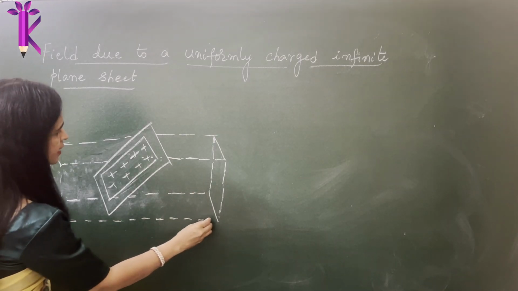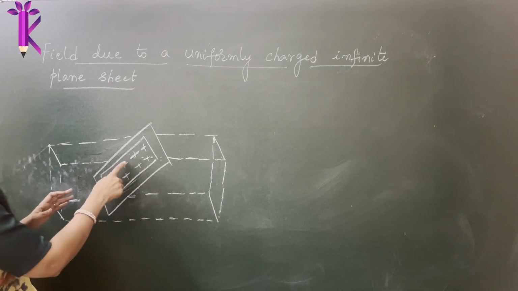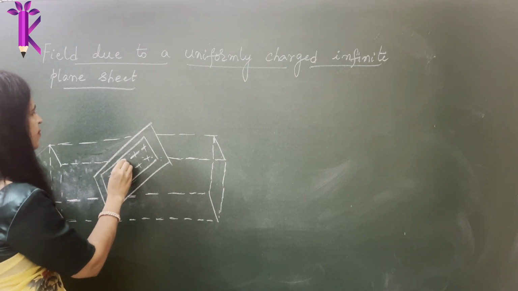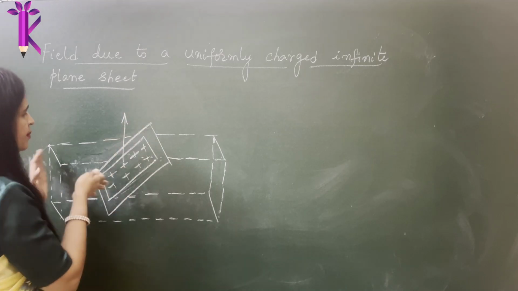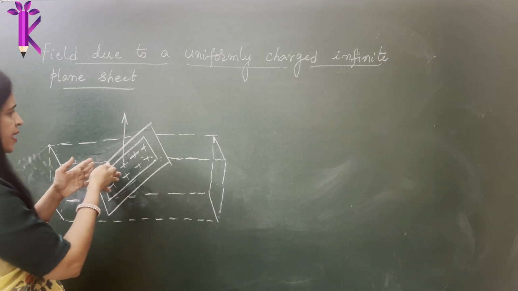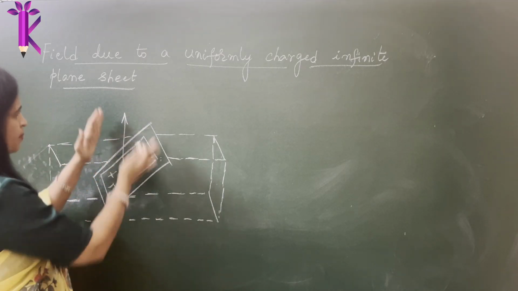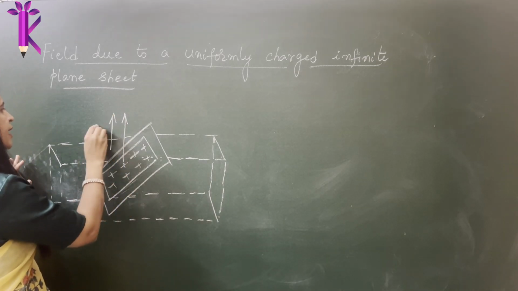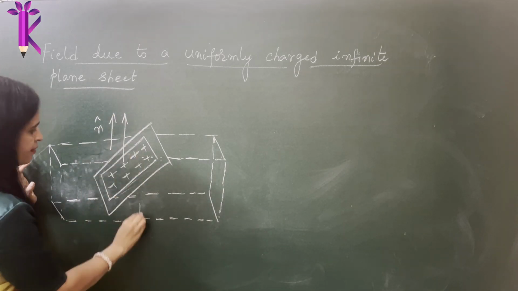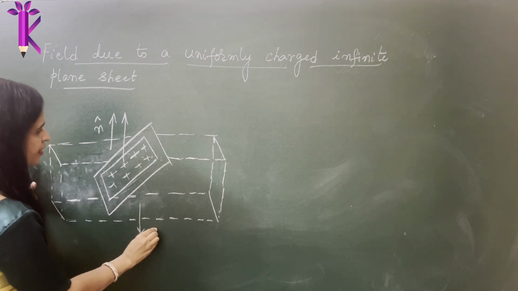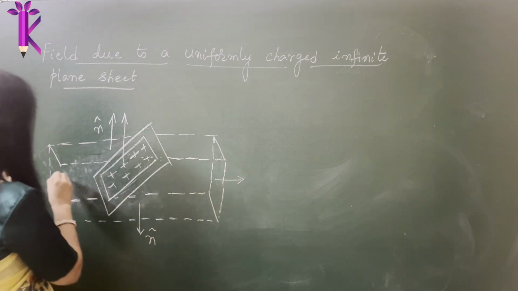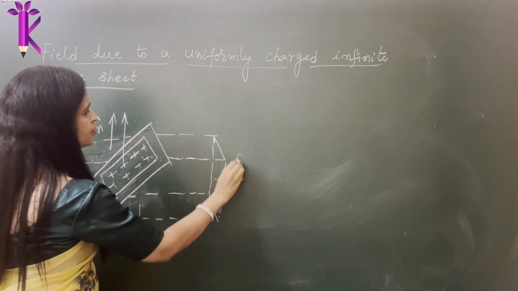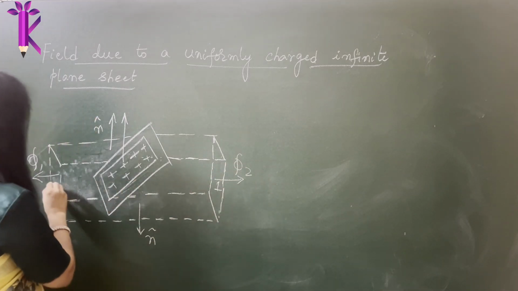Now we have to calculate the flux through it. So obviously, what will be the direction of the electric field? The direction of the electric field will be in this direction, right? In a metal sheet is here. Okay, it depends on how you place it. If you place it here, what will be the direction of the area vector? This will be the direction of the area vector. This will be the direction of area vector. Here they are equal and opposite.